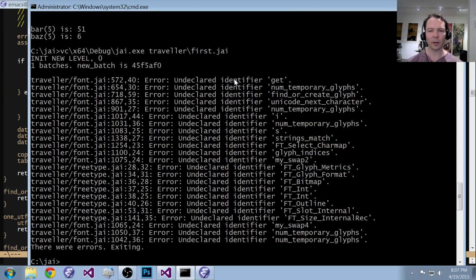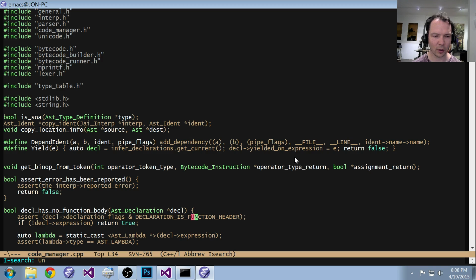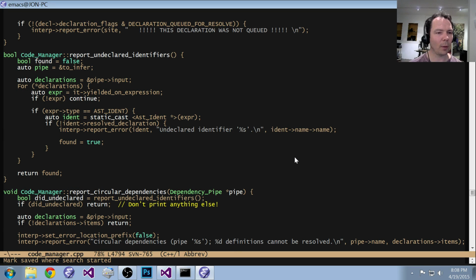The old system all worked by looking at identifiers, and before you went into a certain stage of the pipeline, it would set up dependencies that tagged identifiers in certain ways. And because that system was all about identifiers and where they pointed at, all my undeclared identifier reporting error messages were sort of baked into that system. So then I ripped that system out and replaced it with the new thing, but now the error messages aren't so hot. So what I'm going to do is go into, let's say, these are probably in Code Manager, undeclared. Yeah. So basically what I do,